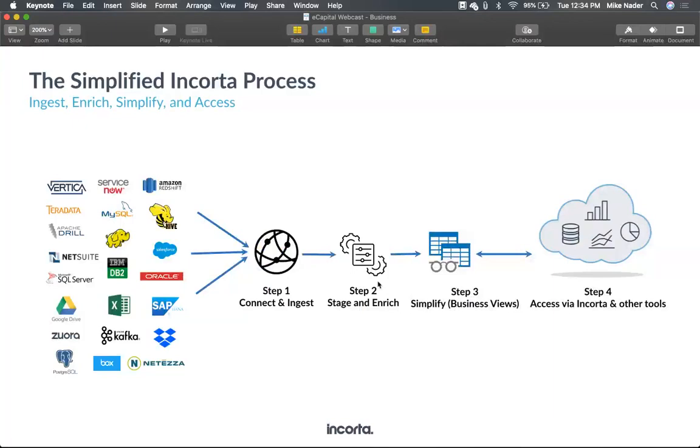Now, I debated when I built this slide whether to call this just stage and then this one enrich and simplify, because really steps 2 and 3 are blended. And honestly, step 3 is optional. Go back to that example I gave you where you have your own Excel workbook, let's say, or just a CSV. You've got a 50 million record CSV you want to do analysis on. You upload it like you saw in the upload.